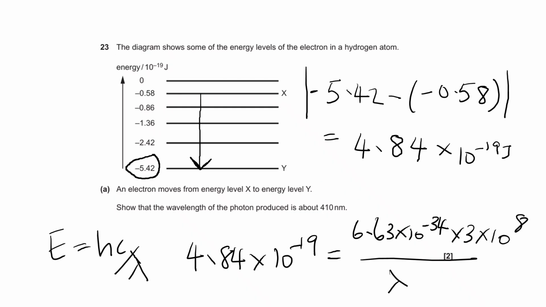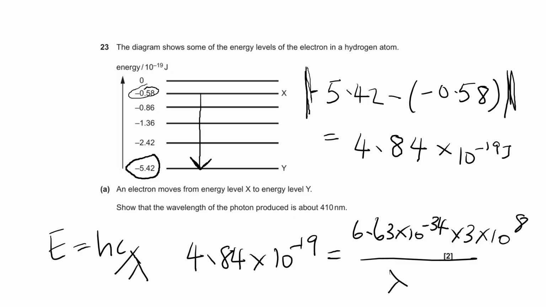Okay, so I've drawn another diagram where the electron is going from X to Y, and we've got minus 5.42 take away minus 0.58. It's minus minus, so that makes plus. This line is the magnitude, right? So when you do minus 5.42 minus minus 0.58, you end up with 4.84 times 10 to the minus 19